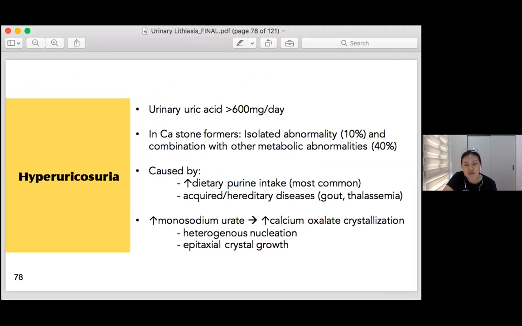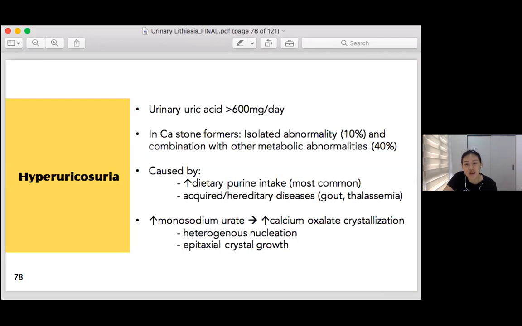So for hyperuricosuria, this is defined as a urinary uric acid greater than 600 milligrams per day and occurs as an isolated abnormality in around 10% of stone formers, while in combination around 40%. So most commonly this is caused by an increase in dietary purine intake. However, acquired or hereditary diseases like gout or thalassemia can also contribute to this. The mechanism for this is that the increase